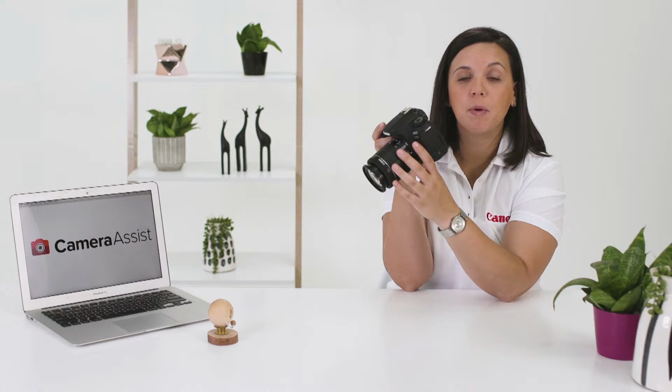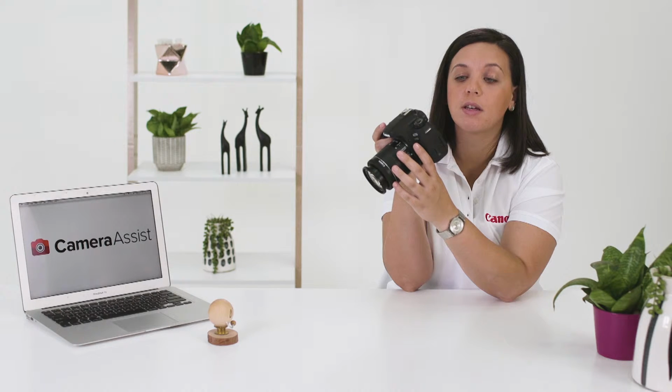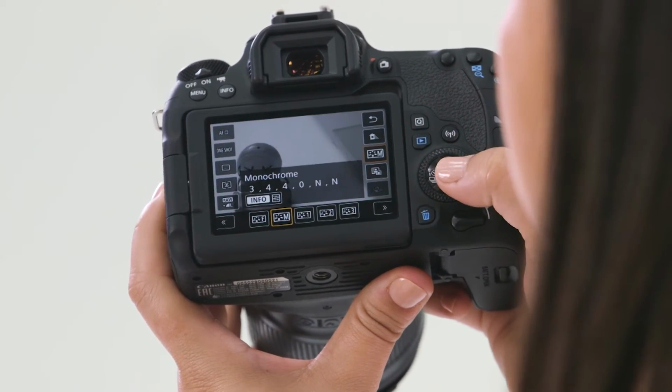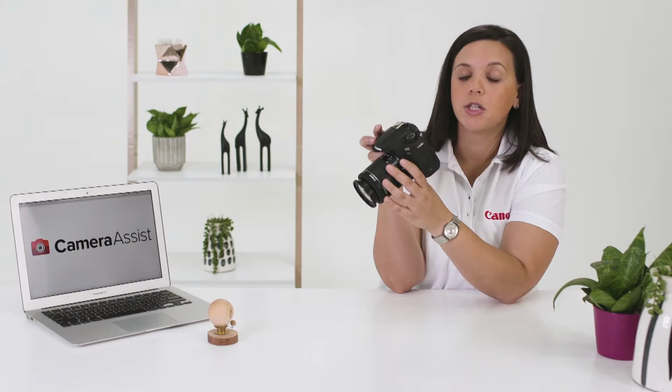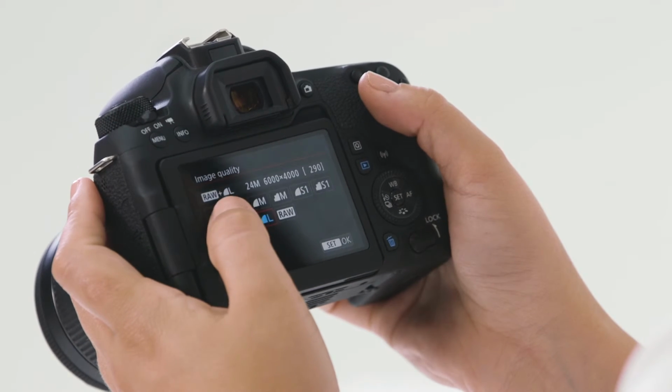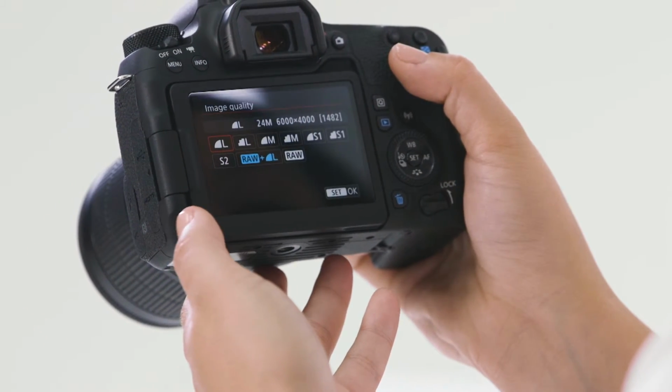Utilizing the camera's inbuilt picture styles is a great way to manipulate the look and feel of your images. It allows you to add almost like a filter to the file that you're capturing. For instance, if I wanted to capture this image as a monochrome file, by activating my picture style, I have greater control. Just be mindful that if you're shooting in a JPEG file, you won't be able to revert back to the color file when captured in monochrome. It's a great idea to shoot RAW and JPEG just in case